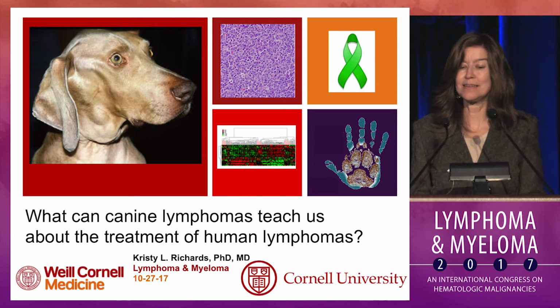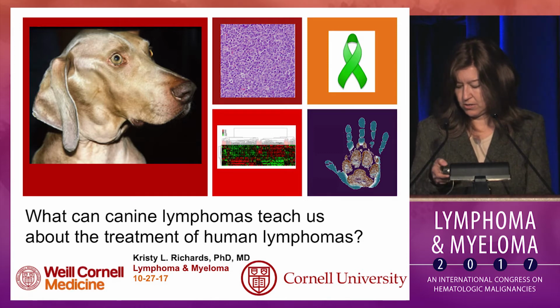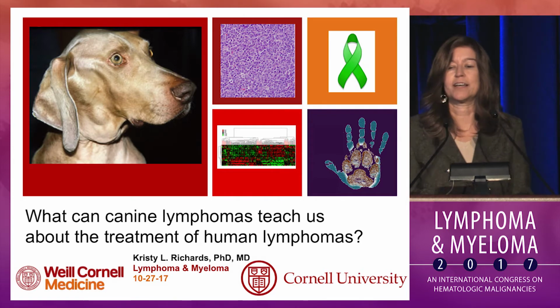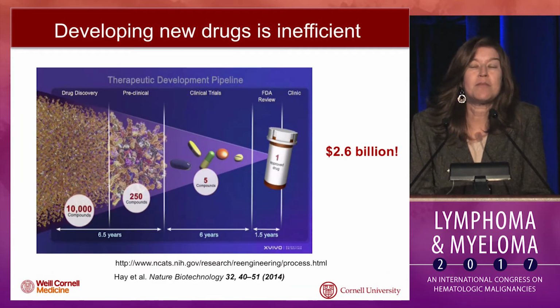I'm going to tell you about using dogs to test treatments for non-Hodgkin lymphoma. Okay, so just to set up the problem, most of you know this probably intuitively, but to give some